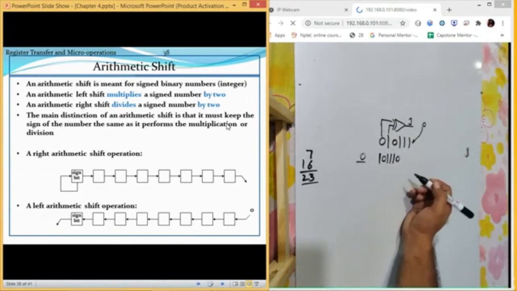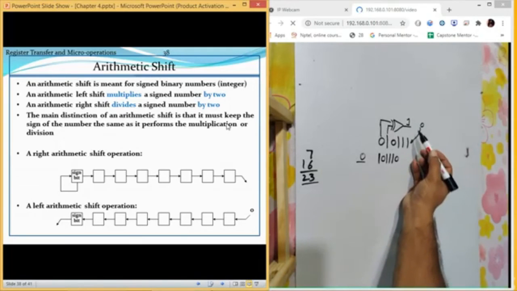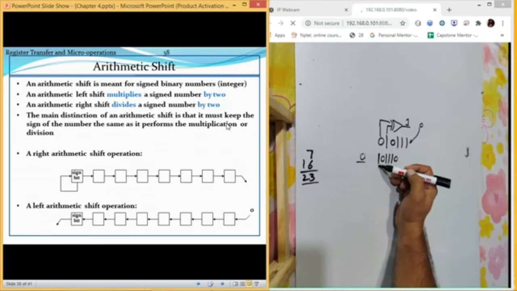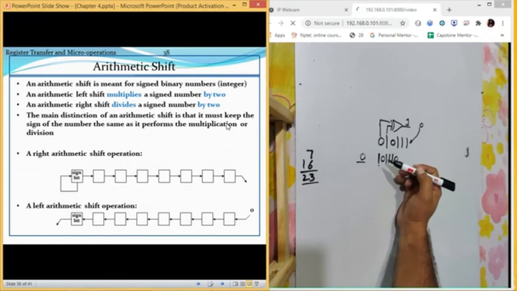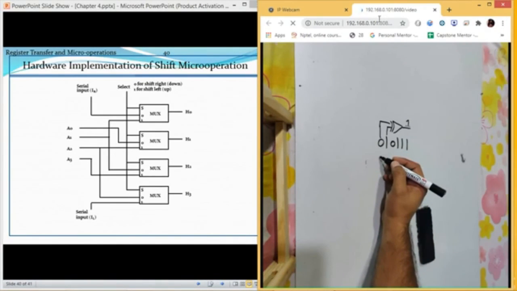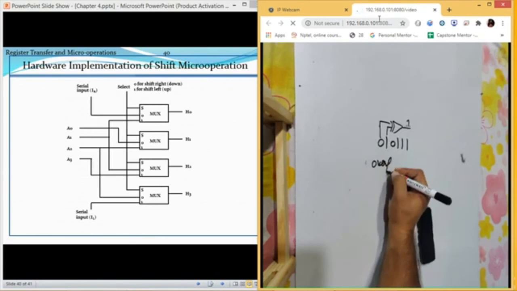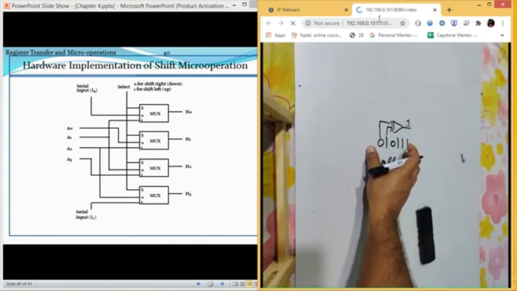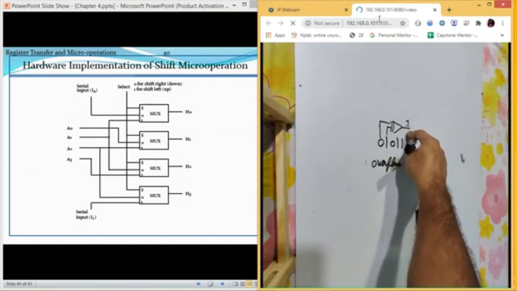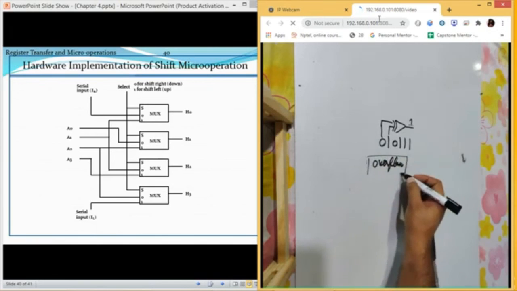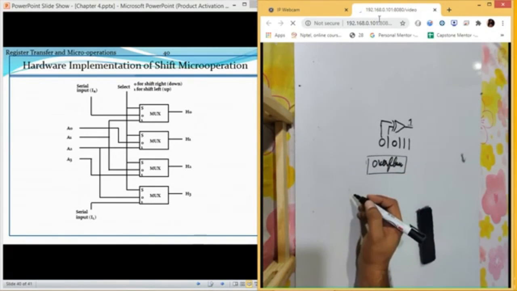our resultant will become 1. If our resultant is 1, it means the earlier sign was positive and now the sign bit has become negative. This is not right, because earlier the number was positive, now the number has become negative. Then definitely we are going to get an overflow condition. I forgot about this, that this will become an overflow condition, so this particular task will not be achieved if these two values are different. Because if we still perform the operation, it will not perform the shift left operation properly.